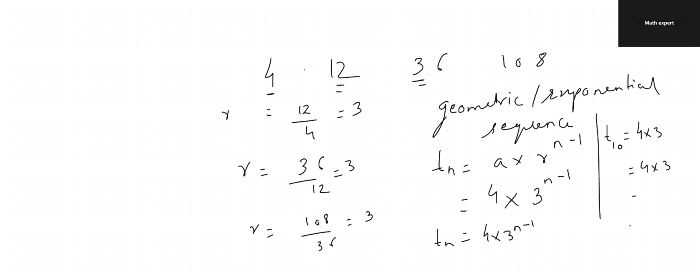Okay. So in this case, let's say for an example, I want to find the 4th term. So it will be 3 raised to 4 minus 1, which is 3 raised to 3. That is 4 into, first you will do 3 raised to 3, which is 27. Now once you do this, you just have to multiply 27 into 4. So 27 into 4, you can do the rough work, or if your mental calculation is good enough, you can directly write the answer, which is 108.